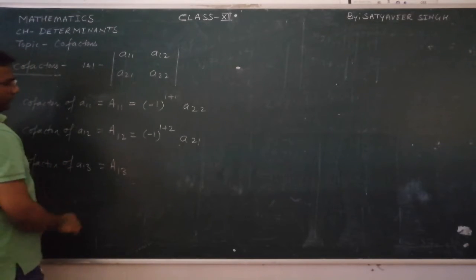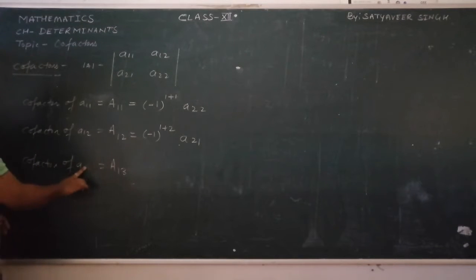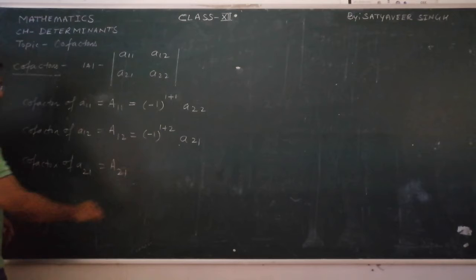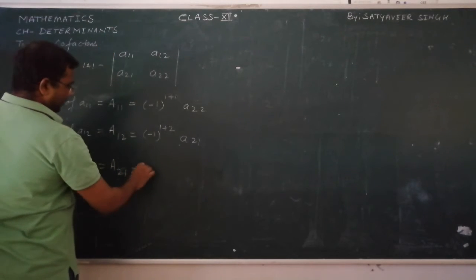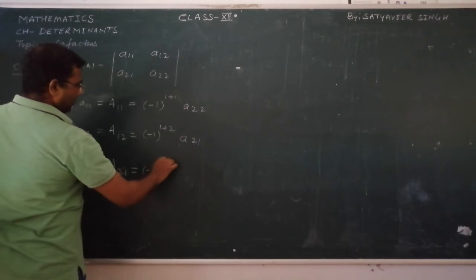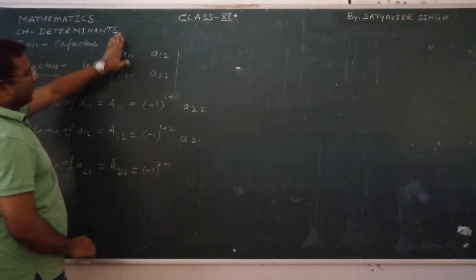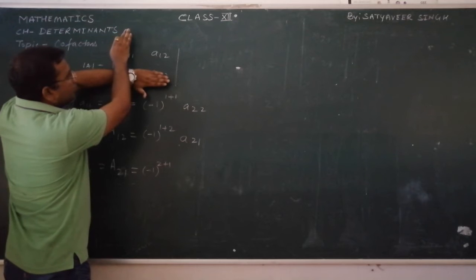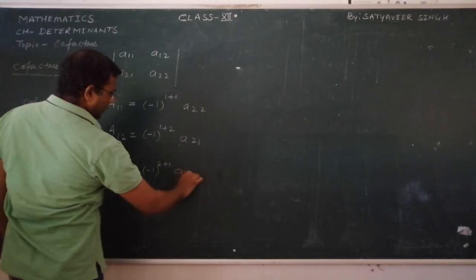Then further, this I have written wrong. This is not the element there. It is A21. So A2 will be represented by A21. See further we will find the cofactor of A21. So this is minus 1 raised to 2 plus 1, and if you hide the first column and the second row like this, the remaining element is A12. So you will write here A12.